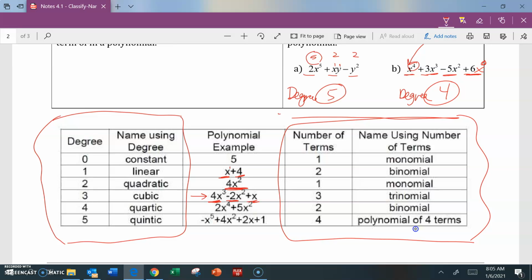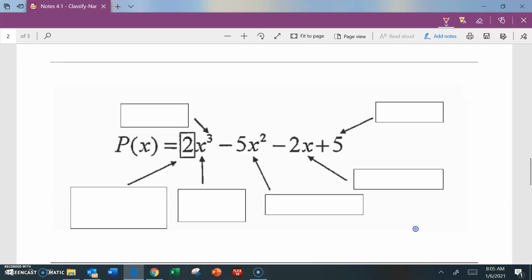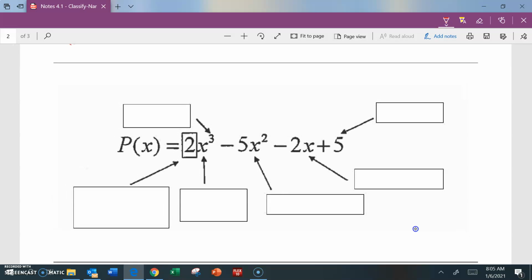That's a trinomial. Really, once past that, like this last example, if it has more than 3 terms, we just generically call it a polynomial of 4 terms. If it had 5 terms, we would call it a polynomial of 5 terms. Okay? All right. So the last thing before you start to work on the chart is you are going to